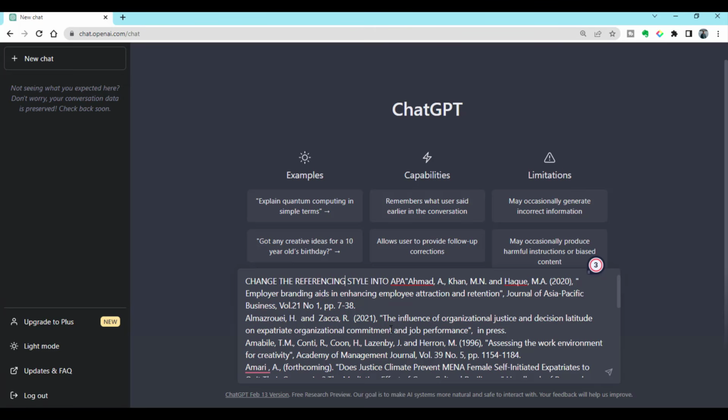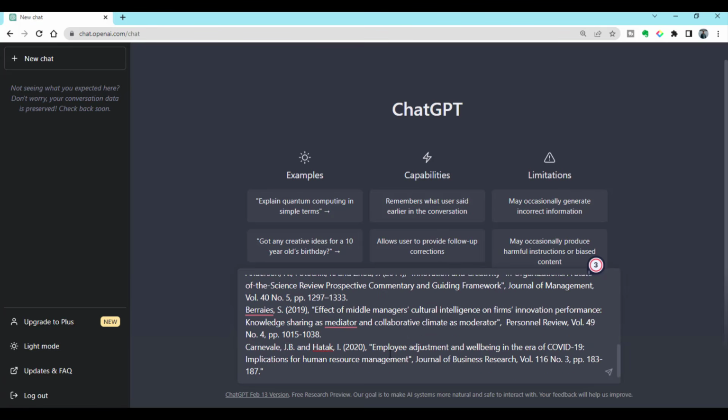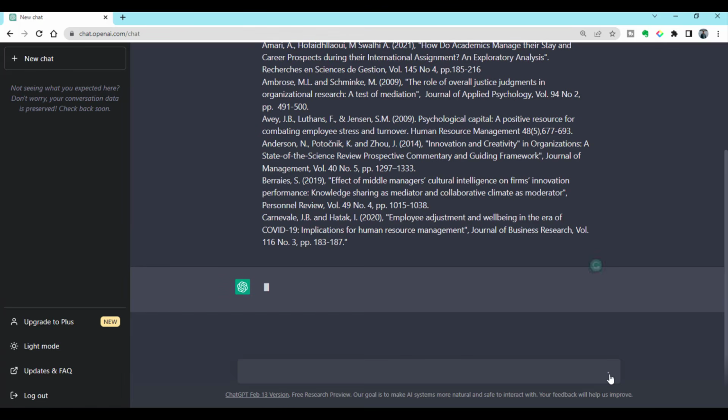Although you can also do the same thing in Google through Google Scholar easily, but you have to put one by one. But here you can put so many references and you can just change these references into the style which you want for your thesis or research article, and then press arrow and wait.